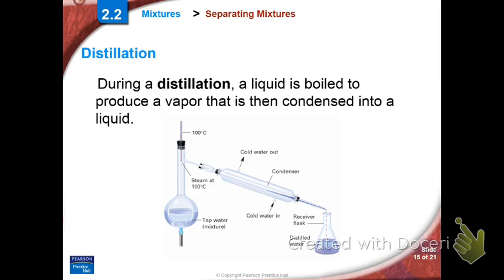In the tap water is chlorine to kill the bacteria and keep it safe for you. There's also fluoride in the tap water to help keep your teeth healthy. So what's going to happen is